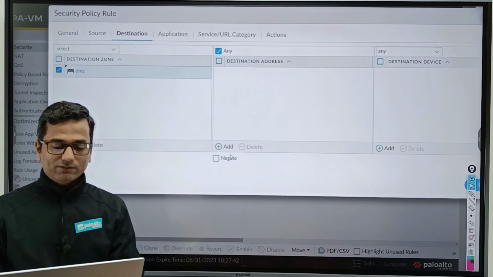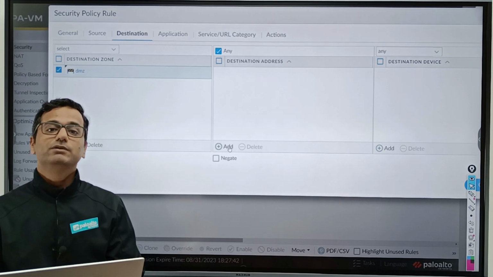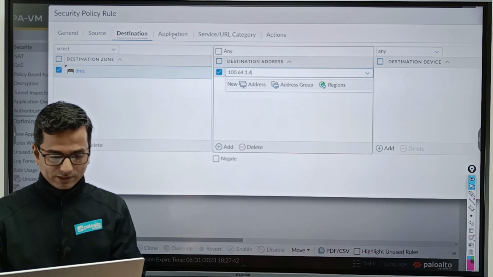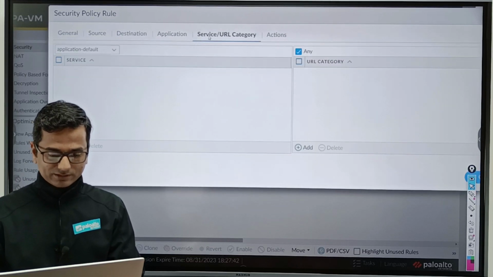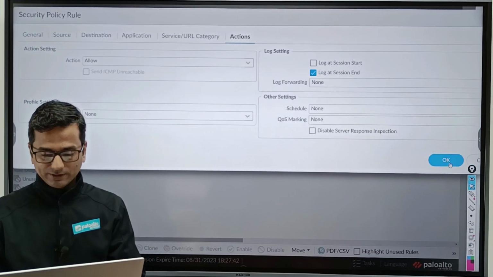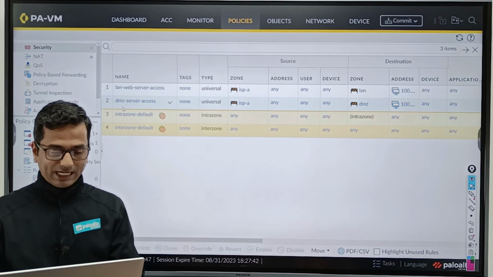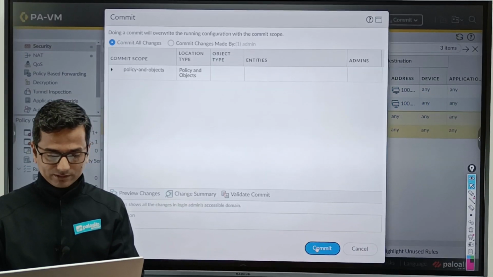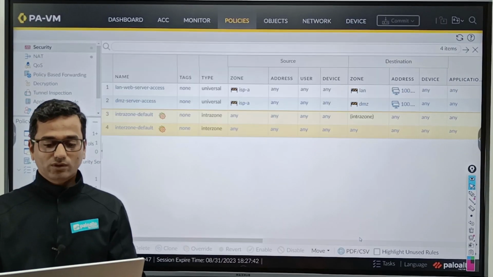And what about destination IP address? Pre-NAT IP means public IP address, 100.64.1.4. Let application be any, service any and action any. It should be a particular port number, 80 or 443. So now we have a NAT policy and the security policy as well. Commit the configuration. Let's go and test.